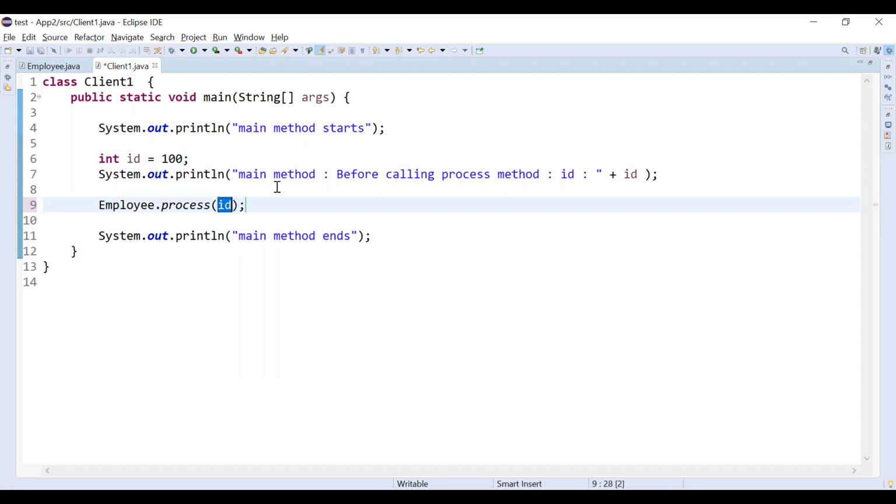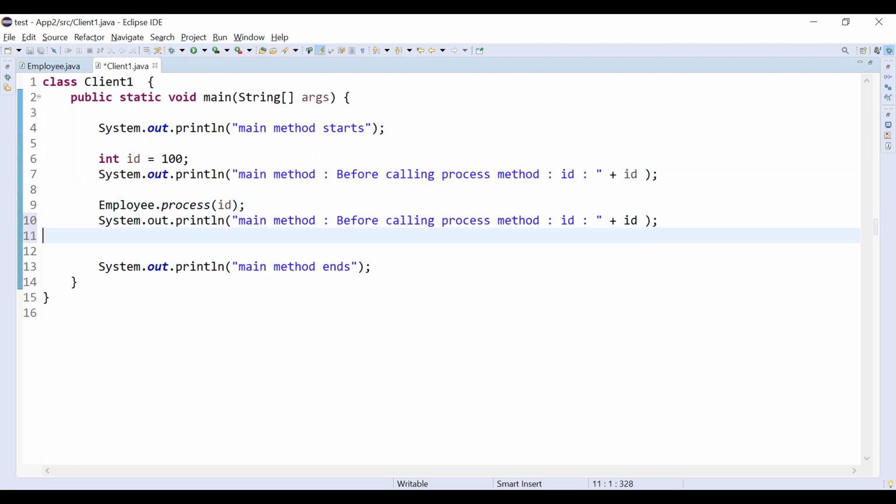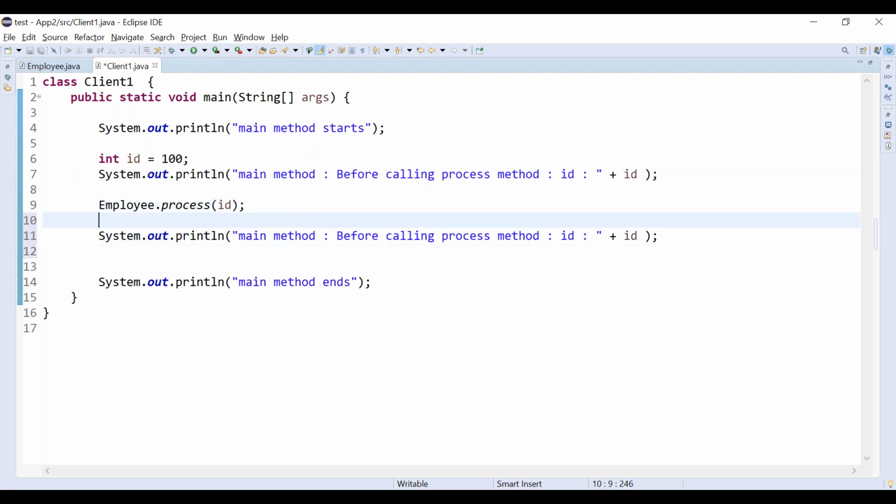Here I am passing a primitive data type. After that, I am printing one more time: main method after calling the process method. So this is our simple program. Let me try to run it.